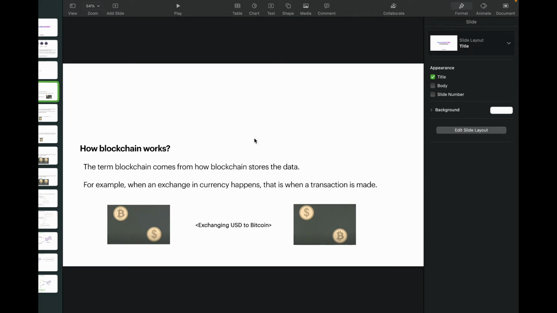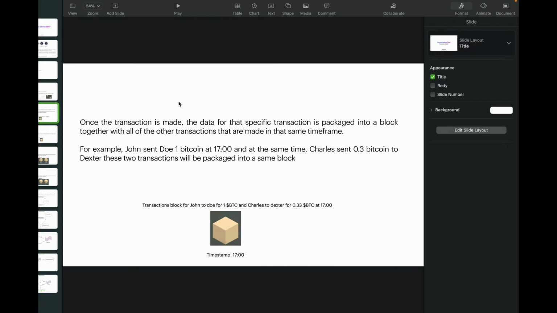when an exchange in currency happens, that is called a transaction. Or when you mint an NFT, it is a transaction. Or any kind of communication with the blockchain can be considered a transaction. So for example, you want to exchange USD for Bitcoin. You want to sell your USD and you want Bitcoins. What you do is that you make the transaction, and once that transaction is made,